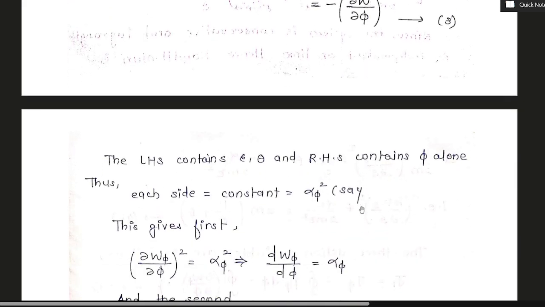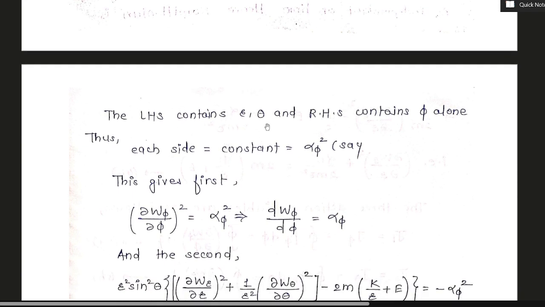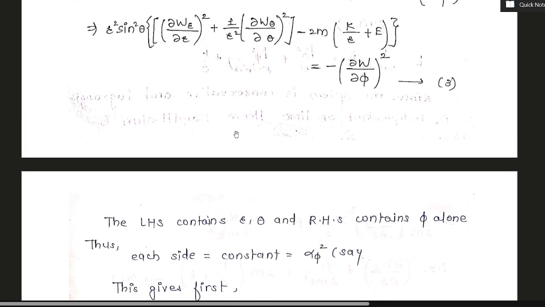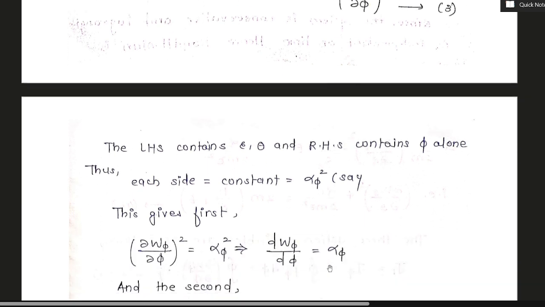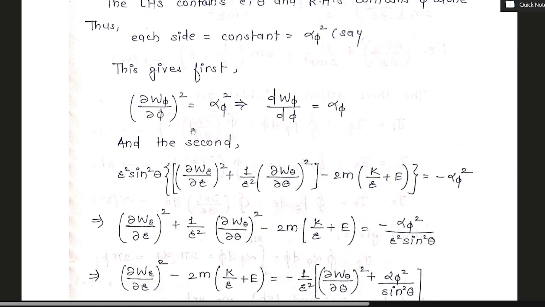Equation number 3 tells us that the LHS contains r and theta, and the right hand side contains phi alone. Thus each side is equal to a constant, and we call that constant alpha phi squared. This gives (del W_phi by del phi)^2 equals alpha_phi squared. It implies that the differentiation of W_phi with respect to phi equals alpha_phi, and the